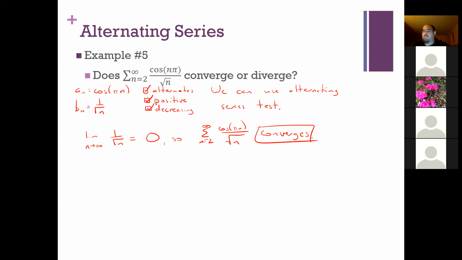All right. Any questions on the alternating series test? So what else did we do tonight? We did the alternating series test. We did limit comparison, direct comparison, and integral test. So any questions about when you're allowed to use those, how to use them, anything at all?